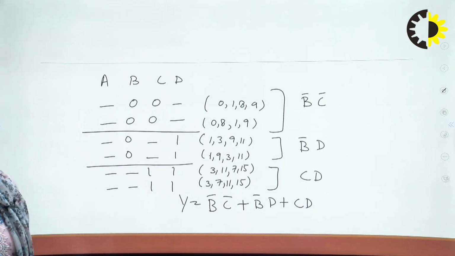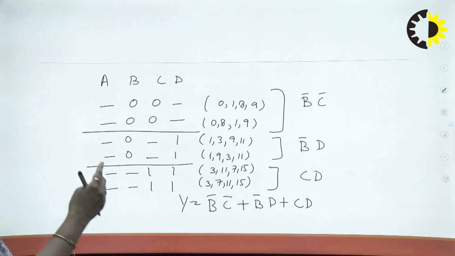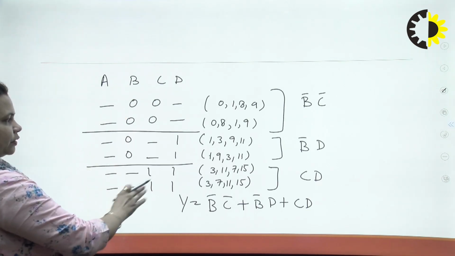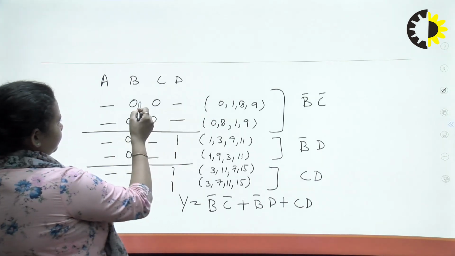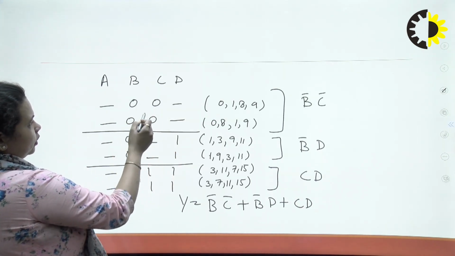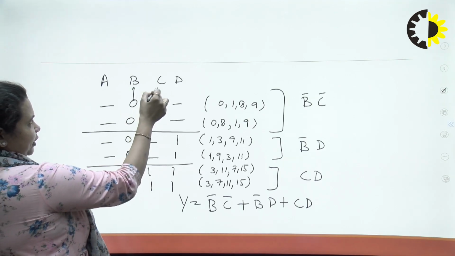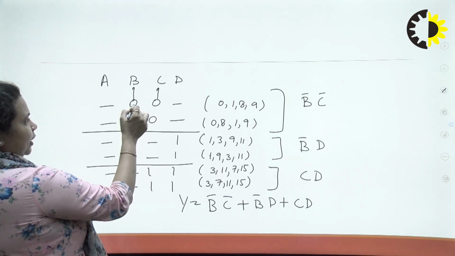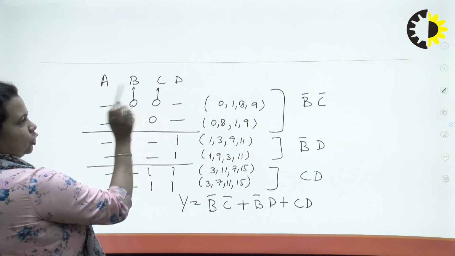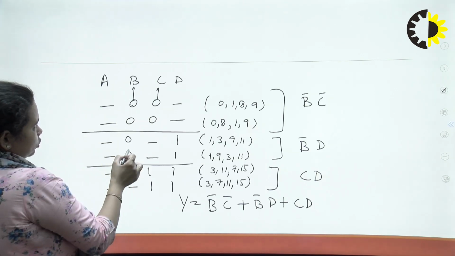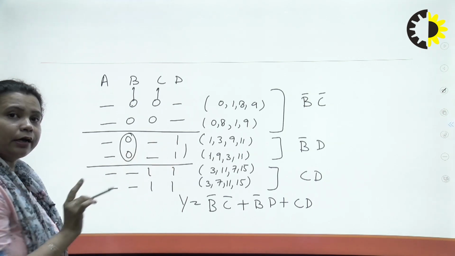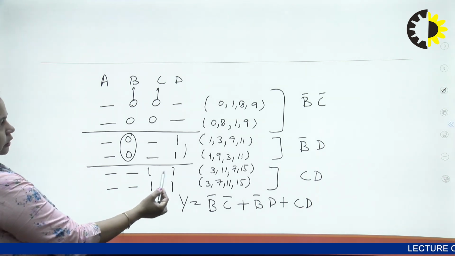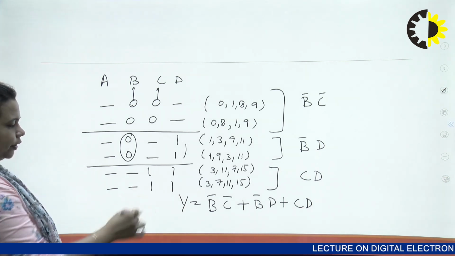For finding the essential prime implicant, there is another table that I will be explaining. I think this is clear. Again, I will tell that previously I have explained how I created this step. So now the answer will be, if you are getting any bit here, you just check which variable it is. For variable B, you are getting 0. So you just put B complement, C complement. For the next also, you just check, this is B complement and this contributes D only, because here we are having 1. Similar way, the last you are having C and D, right? So I have written it.